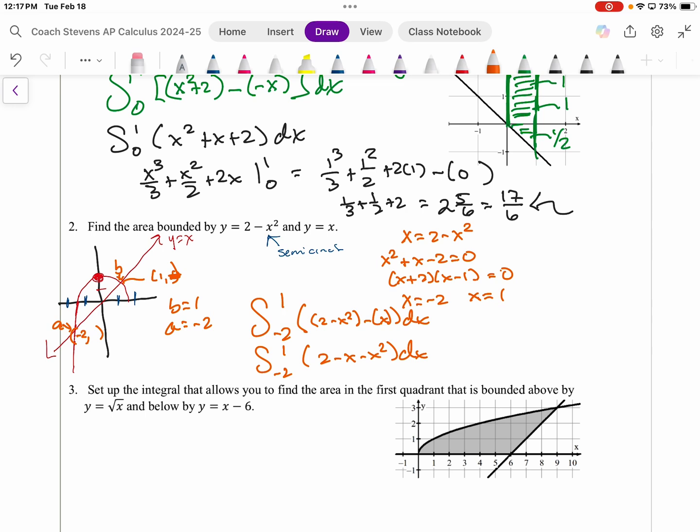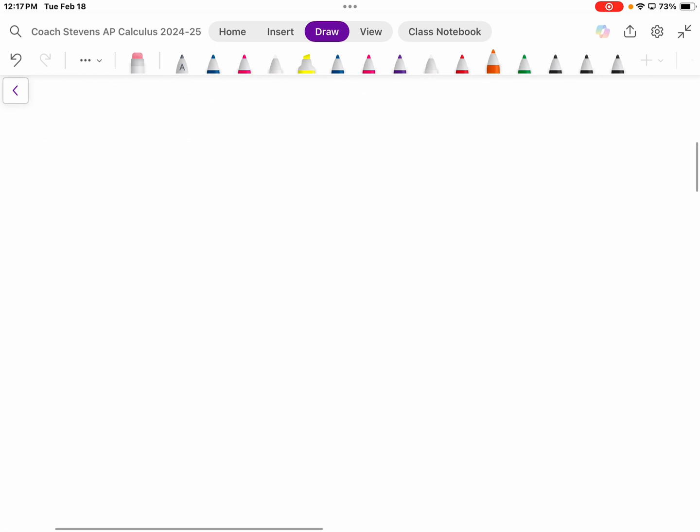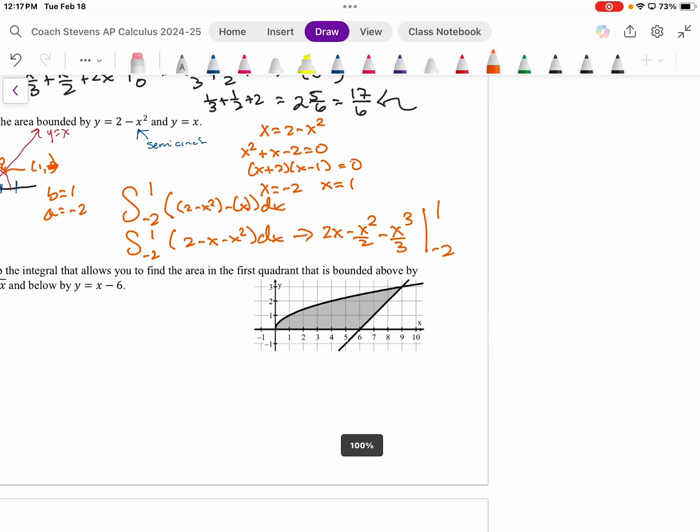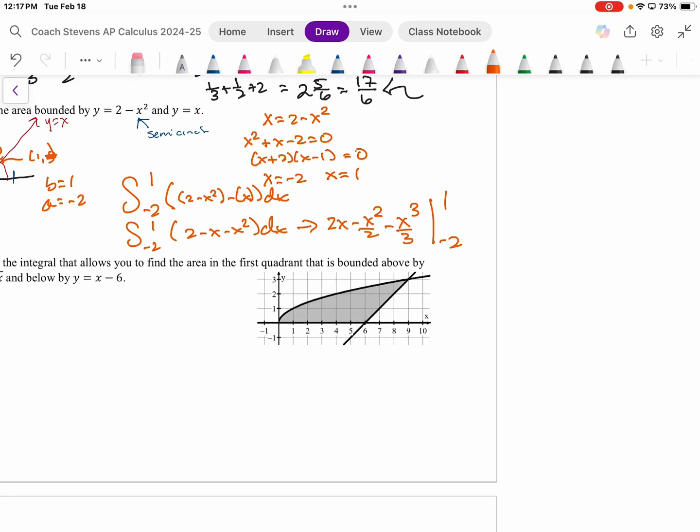And now we just have to go through it. So that's equal to 2x minus x squared over 2 minus x cubed over 3, evaluated from negative 2 to 1. Now this one I have to do both parts. I got fortunate on the other one with it being 0, so I didn't have to worry about subtracting. So this one, can I do it by hand? Let's go through it: what is 2 times 1 minus 1 squared over 2 minus 1 cubed over 3